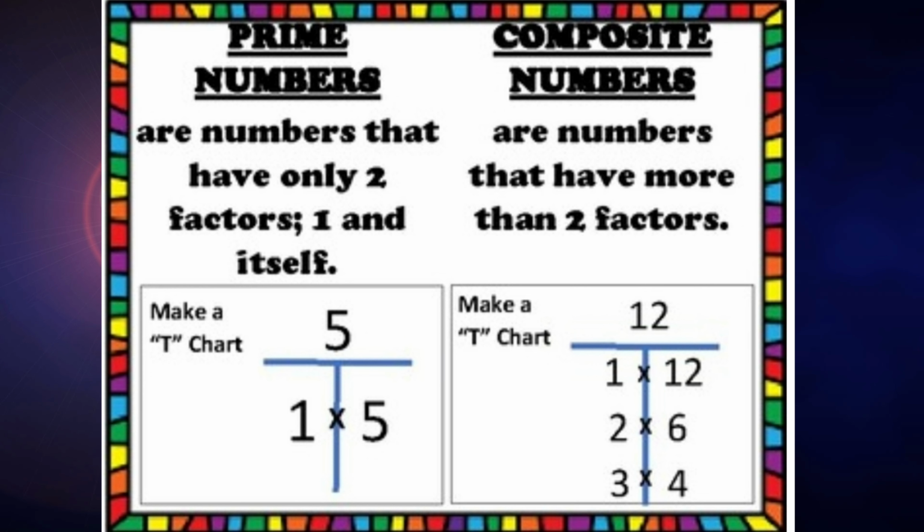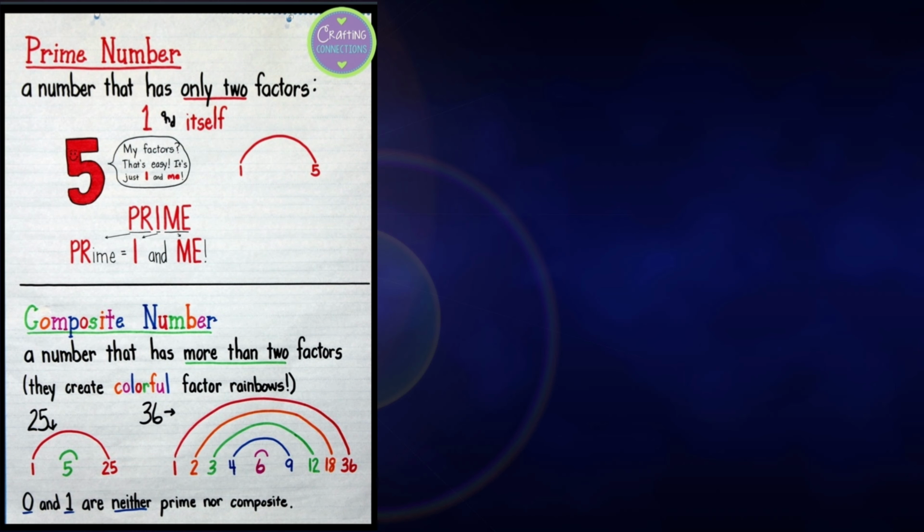But students, some students have a problem deciding whether prime numbers have more than 2 factors or composite numbers do. So you can just understand it with the name only. See, in prime we have I and me, so I will take it as 1 and me means myself. It means 1 and itself, that number is a prime number. Now composite number, in which we have more than two factors.